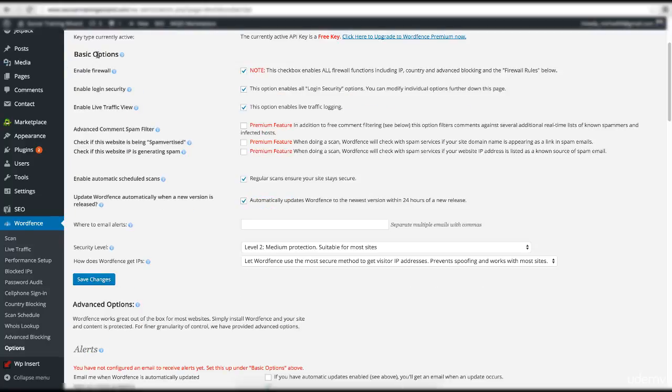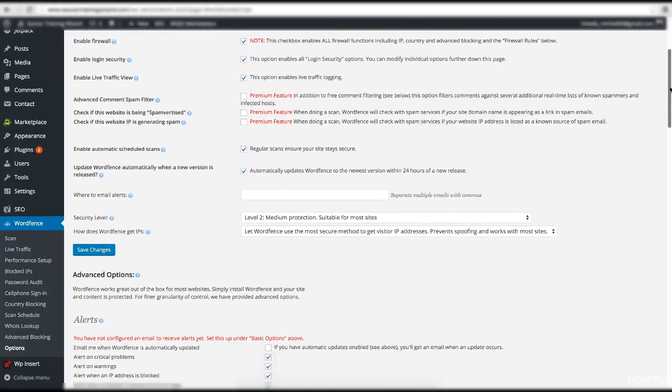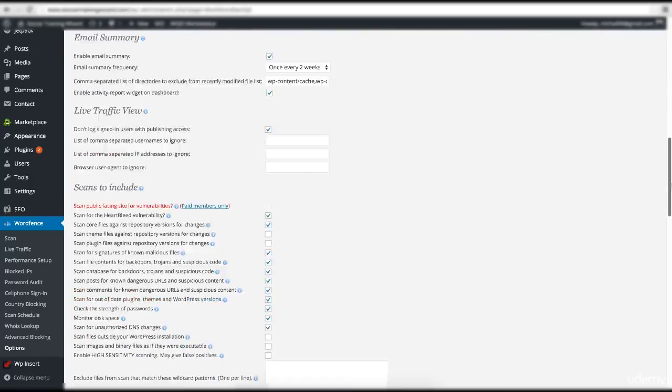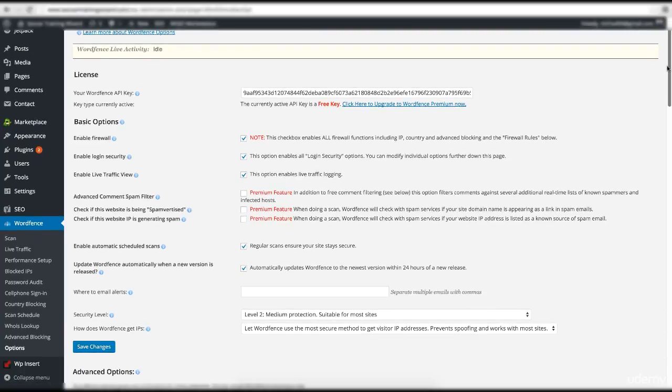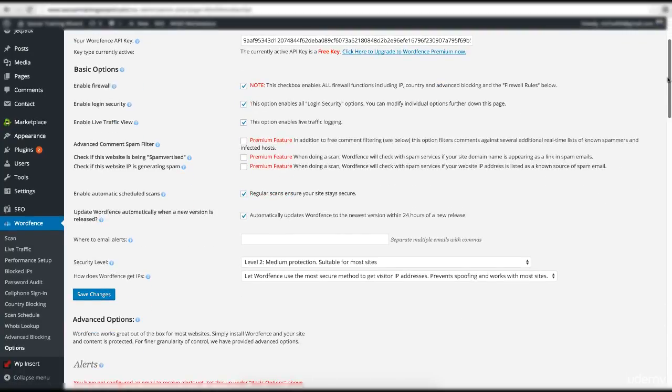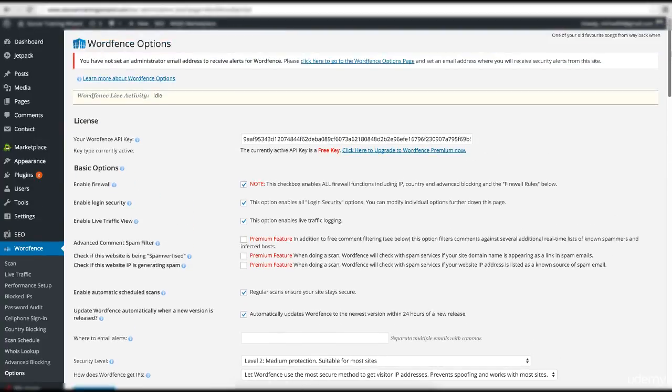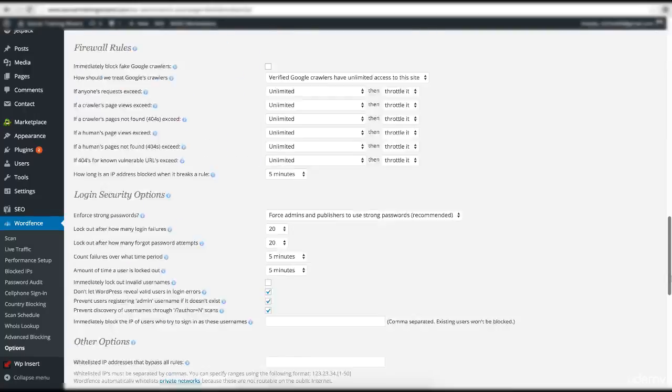There are also the basic options, and I'm not gonna cover all those options because my advice to you is that you leave this as it is, because this plugin has already been optimized and over 1 million users are actually having it installed on their site, and you bet that the developers have spent a lot of time testing the most optimal options that should be enabled by default. So I'm gonna just leave this as it is and